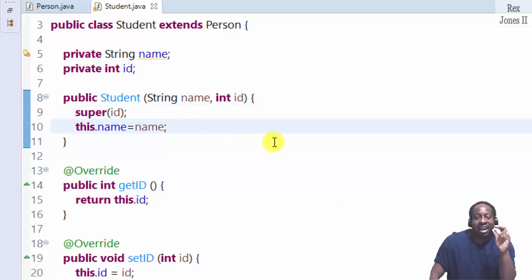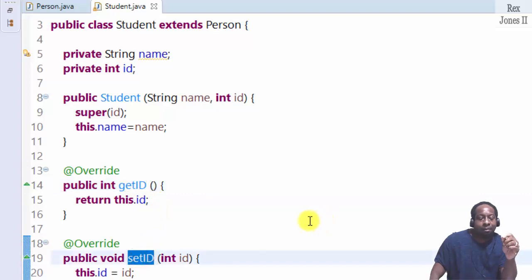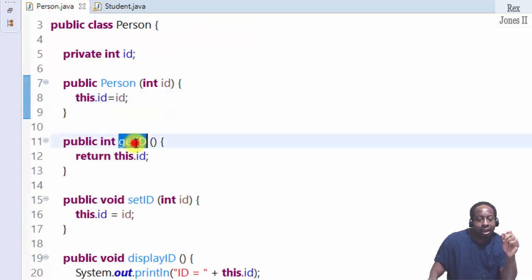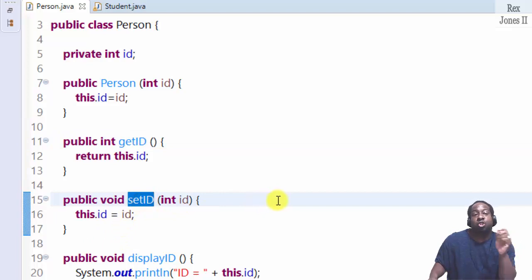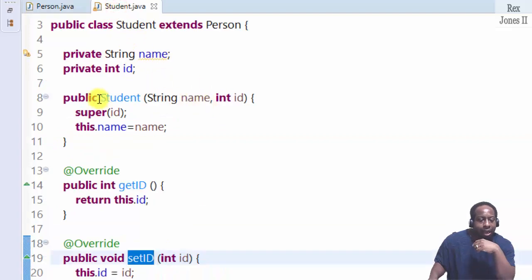The second way is to access members of a superclass that has been hidden by the subclass. Now we see two methods, getter and setter: getID for the get ID getter method, setID for the setter method. In the subclass, hide the getID and setID in the superclass. Let me show you how to access these superclass getter and setter methods. Go back to the child class and write